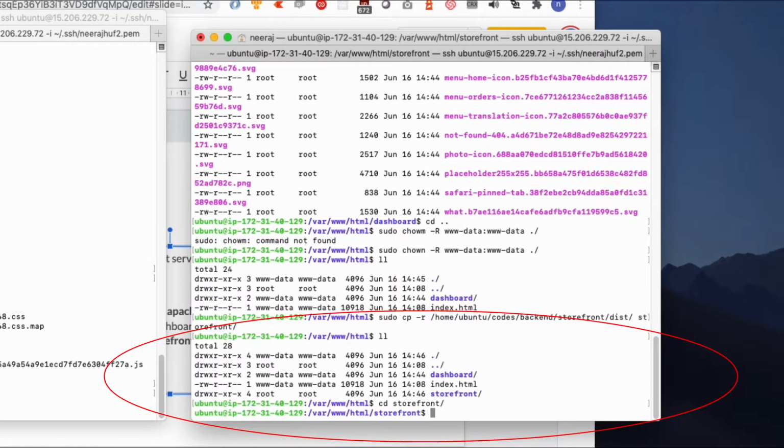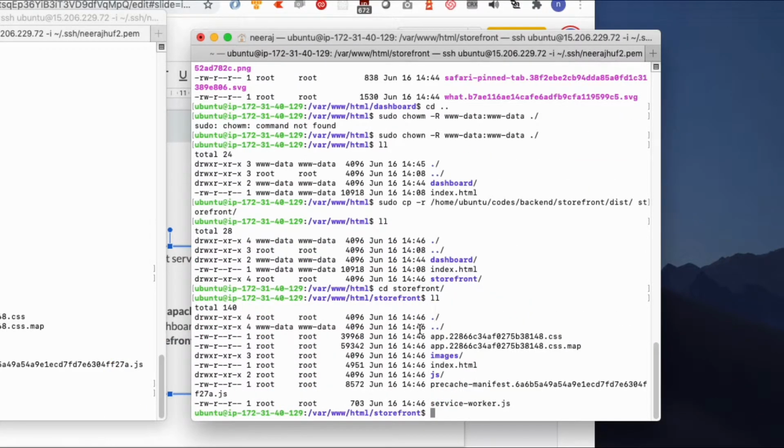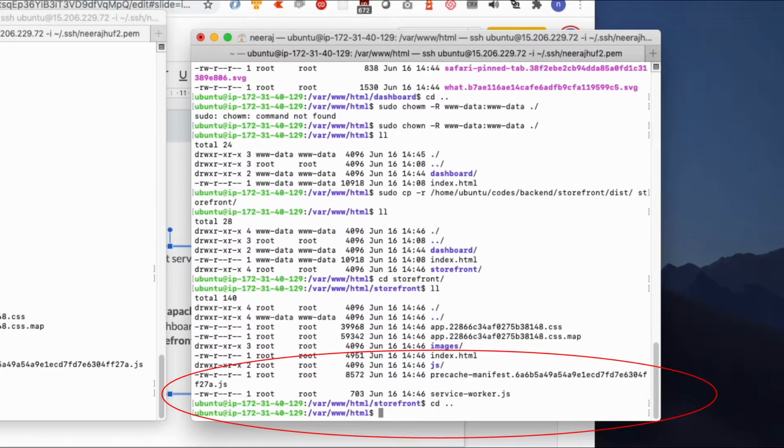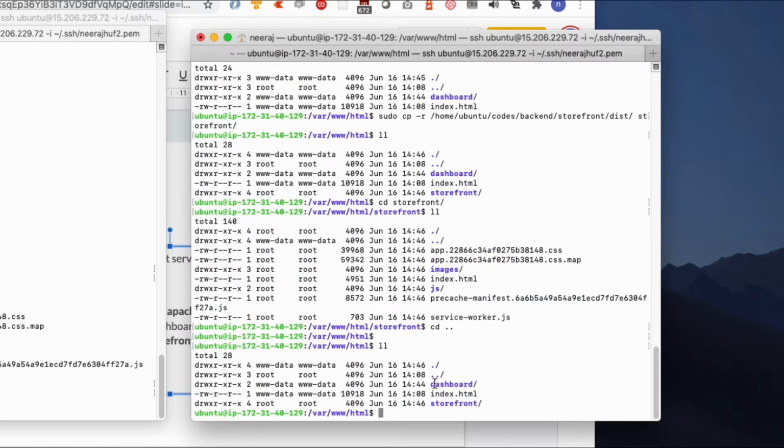Let's cd, and my code is there. So my dashboard folder is set up, my storefront folder is set up.